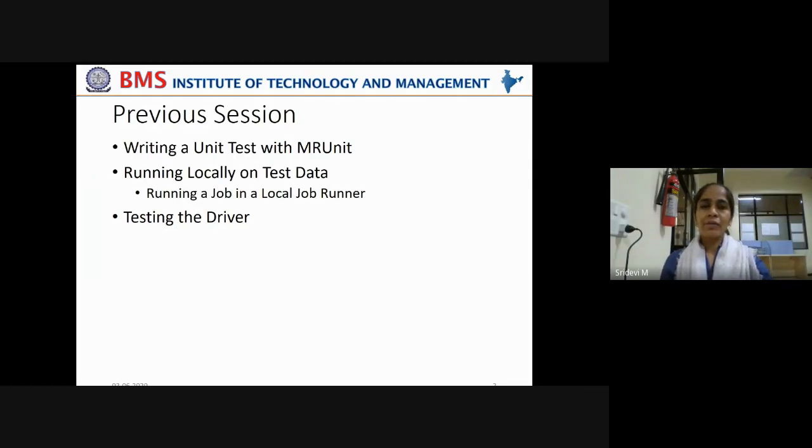And also we need to check it by running it on a local job runner and also by testing the drivers. Now, while testing the drivers, we have seen two approaches. One is to run the local job runner by using a local test file on the local machine, and the other one is to run the job on a mini cluster, which has some daemons running on it, some test programs running on it, right? Once this operates very well on a mini cluster without any errors, then we can scale it onto a larger cluster.